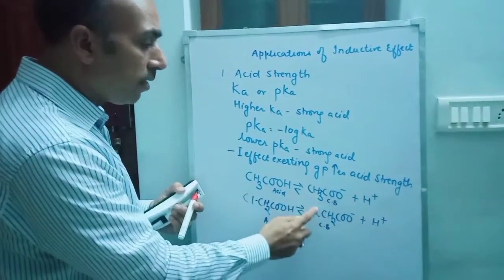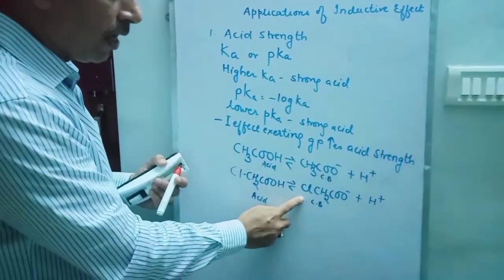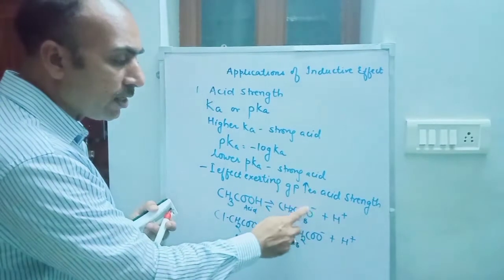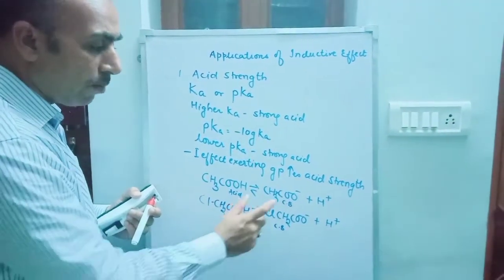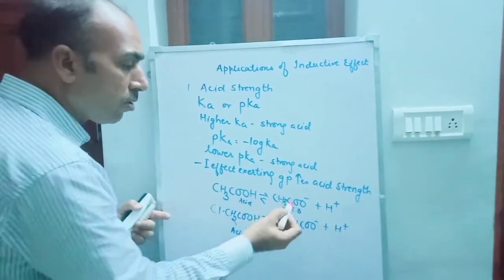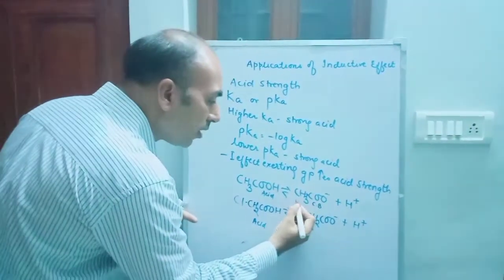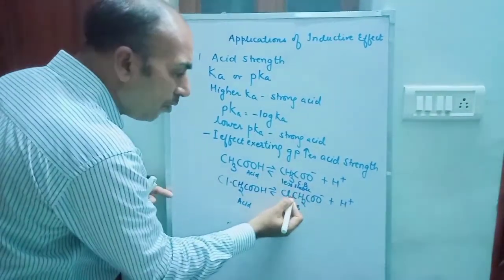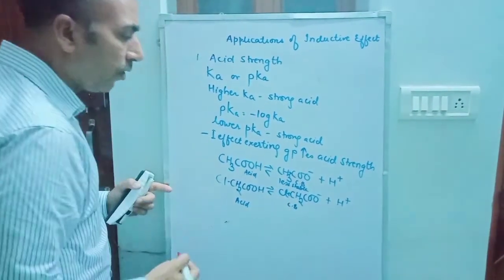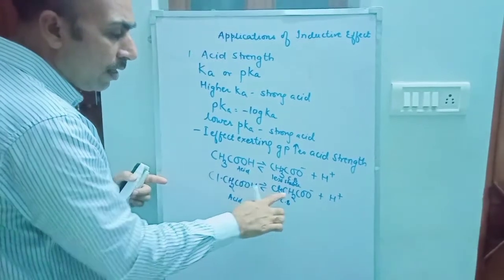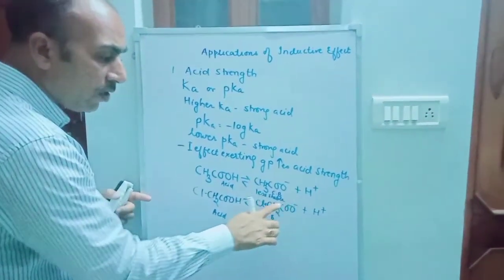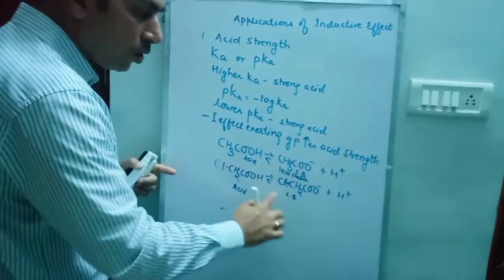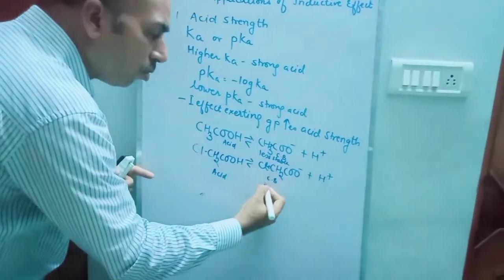Out of these two ions, acetate ion and chloroacetate ion, which one is more stable? See, this methyl group is exerting plus I effect and increasing the electron density at one end of the carboxylate ion. So this is less stable because it is concentrating the density at one end. Whereas in chloroacetate ion, we have a minus I effect exerting group. The minus I effect exerting group Cl withdraws the electron density from this end towards itself. As it is withdrawing the electron density, it is dispersing the negative charge on the complete species, so the ion becomes more stable.